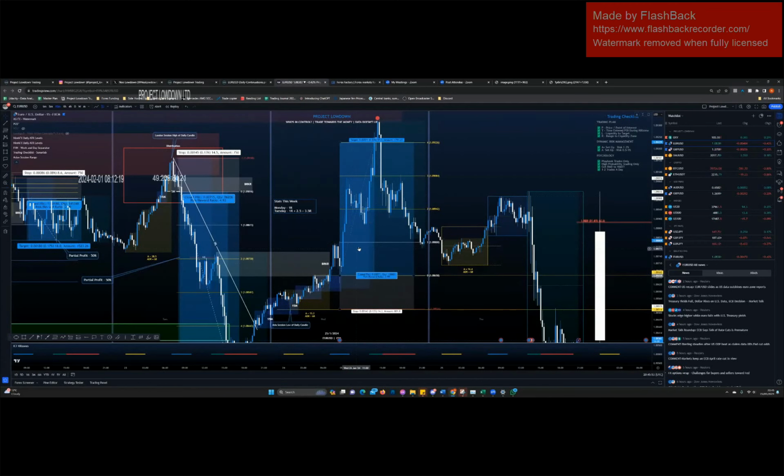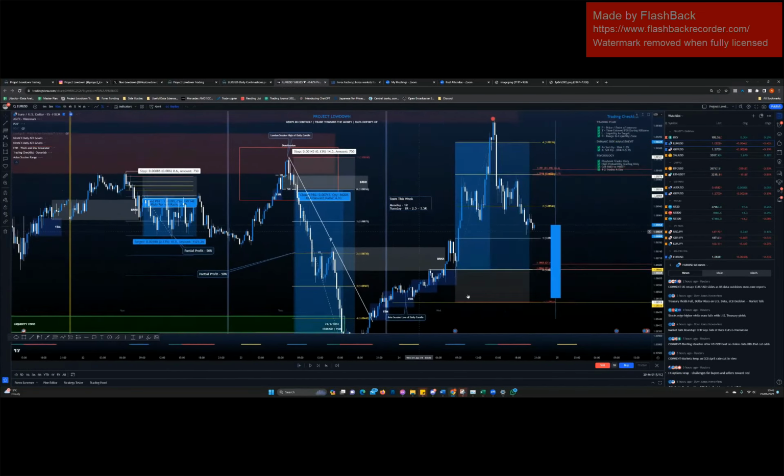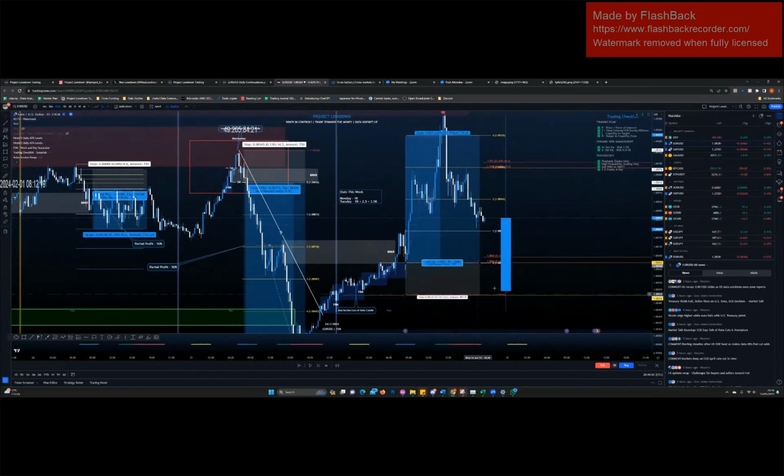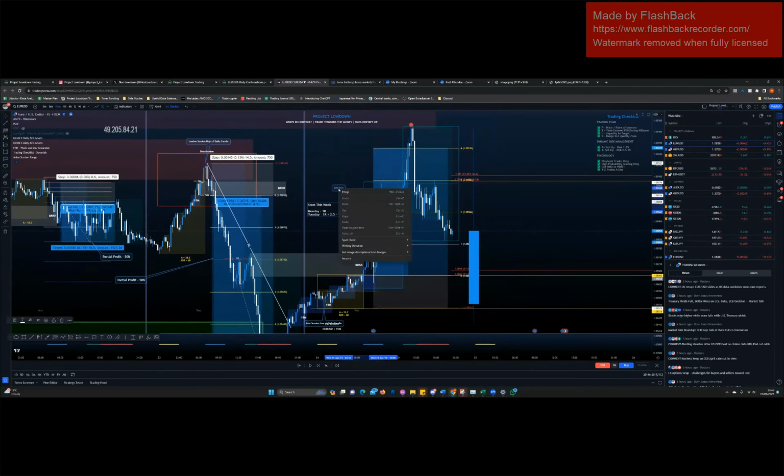So what does that mean? It means if we're expecting a bullish day, if the open is roughly around here, but let's just do it. If the open is here, we're expecting this day to close above the open, regardless of the fact that it's here, RPOI. We're not expecting it to close below here. So that being said, how would you manage this trade? Like I said, 2R, take a 50%.